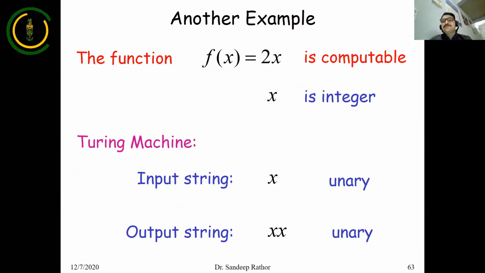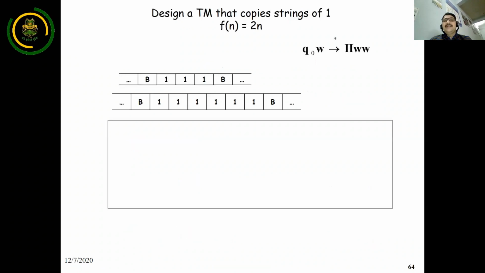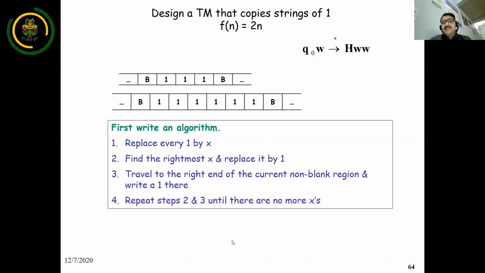In this case, suppose n is equal to 2, then you have to write the answer, that is 4 multiplied by 2. If x is 4, then the answer should be 8, likewise, right? So just see the steps of what we want to do. In this case of f(n) equals 2n, suppose n is 3, then the answer should be 3 multiplied by 2,